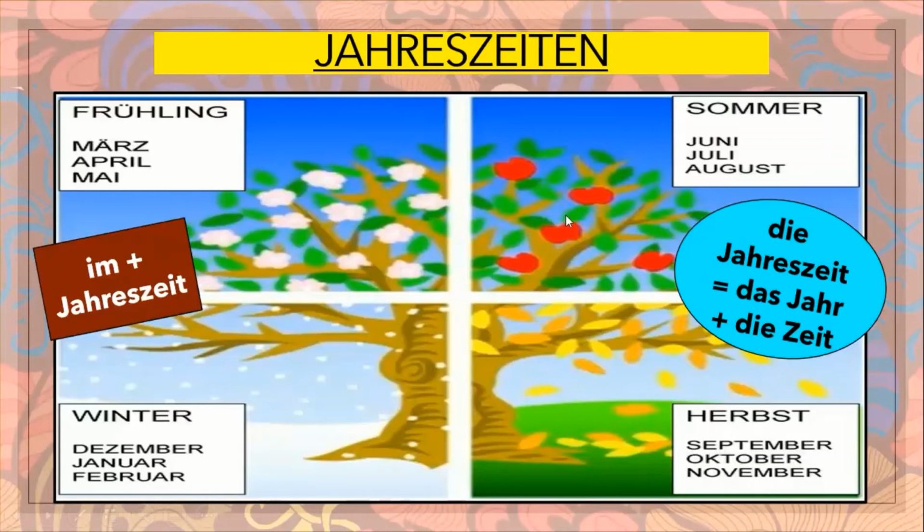Also note that all days of the week, months of the year, and seasons are masculine in gender in the German language. Now, isn't that interesting? This fact is also true for the German day, Mittwoch, even though if you remember from my first tutorial part, Mittwoch is made up of two nouns,